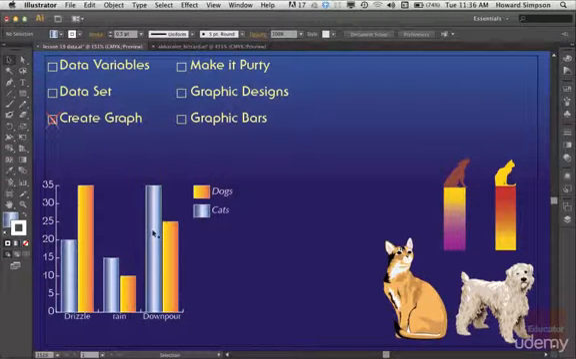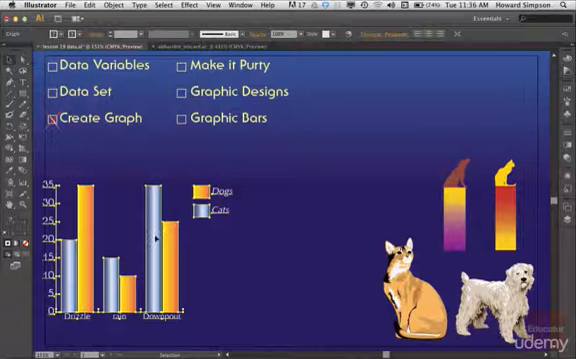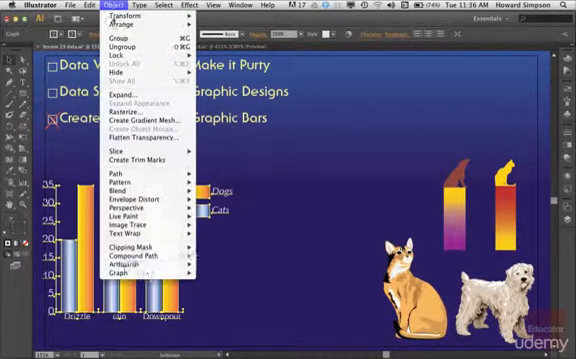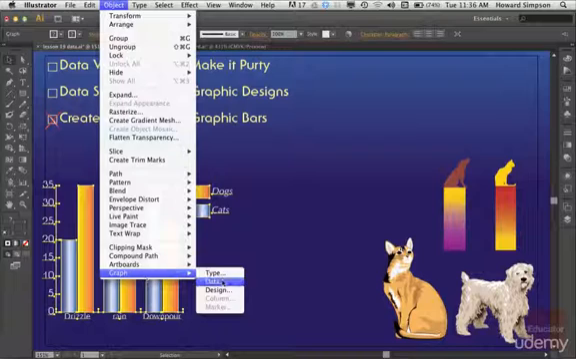And also, again, as I said, this is still able to be manipulated. You can manipulate the data. So if you go to Object, Graph, Data,